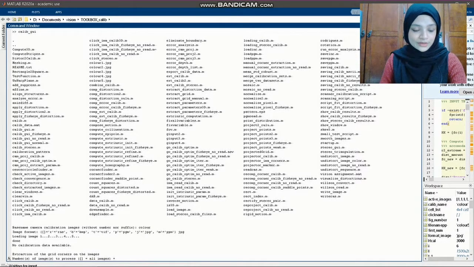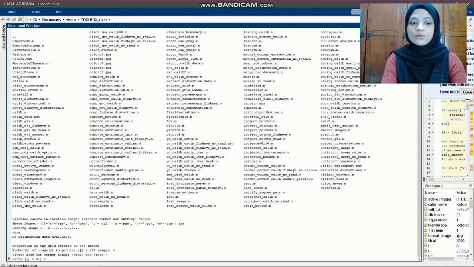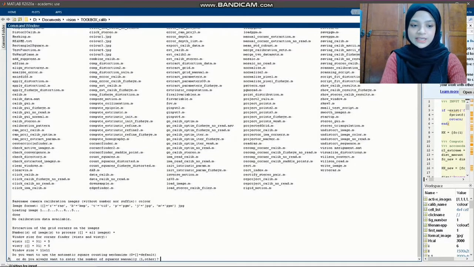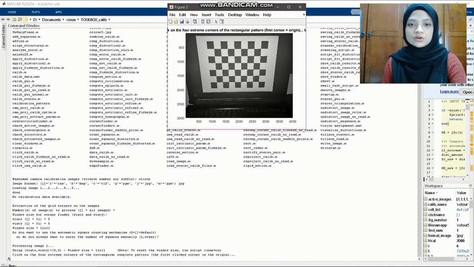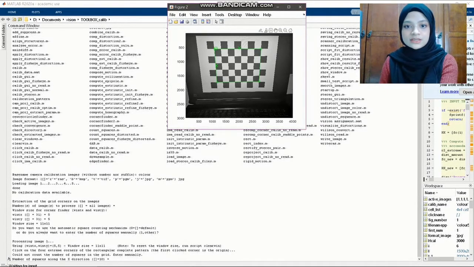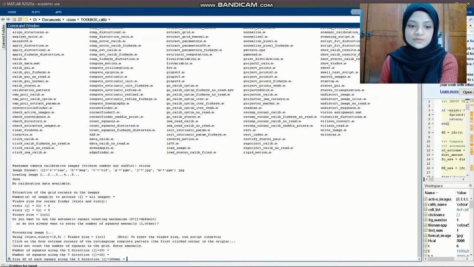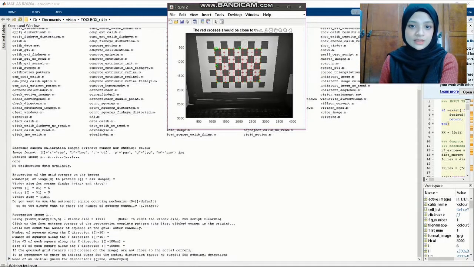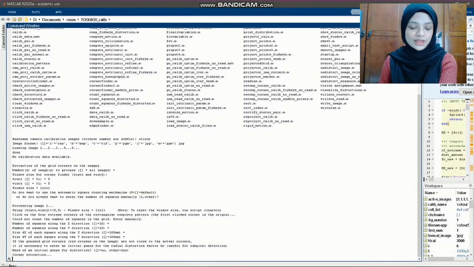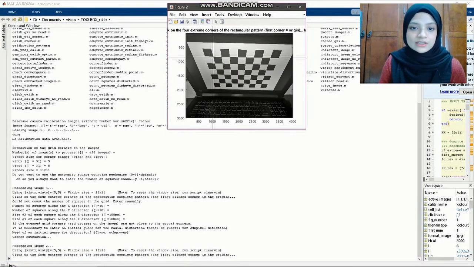Here it asks for the number of images to process, so I just press enter. If I want to use the default, I can, but I will use 5 instead, then 5 again, and just press enter. So I have to extract the grid corners for each and every one of the sample images that I have. So this is my image 1, then I just press enter, then here I just press enter as well, and enter as well. And then the second image that I have,